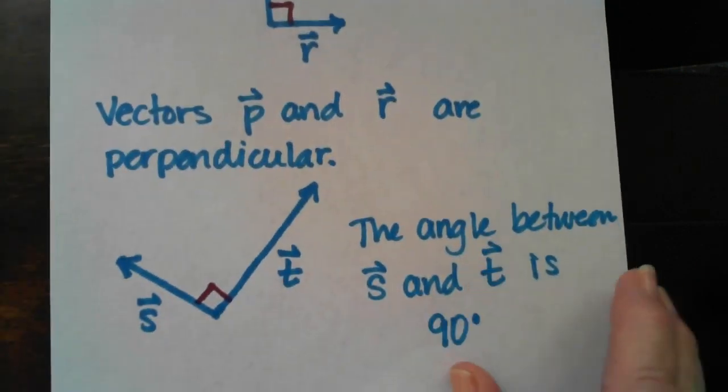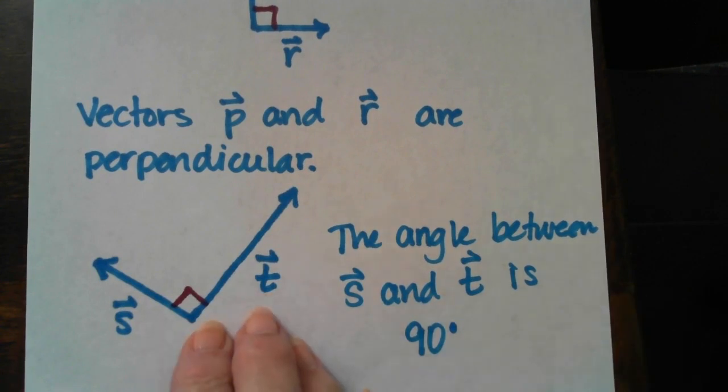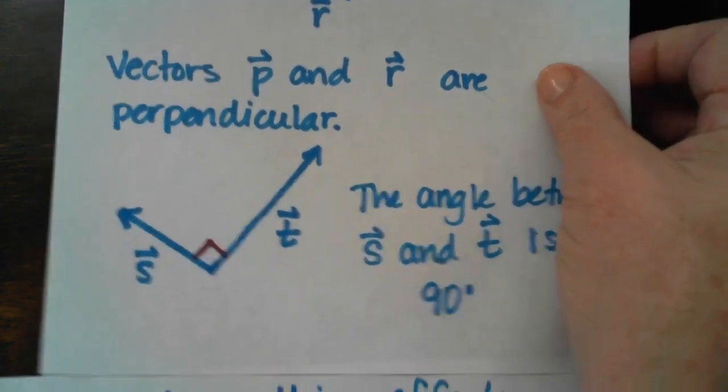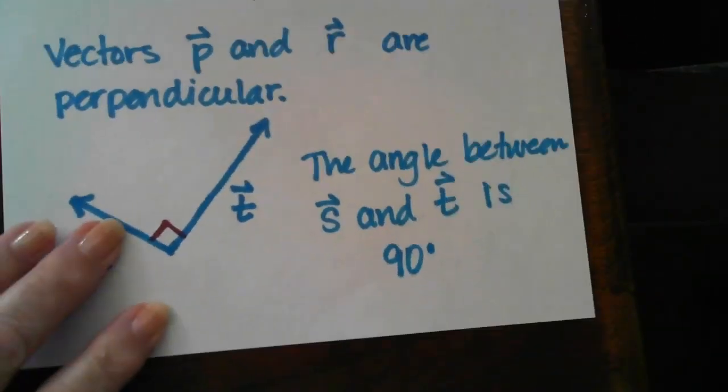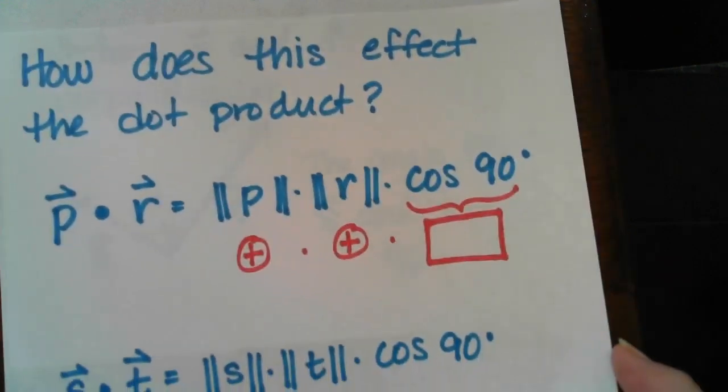I have s and t, and the angle between s and t is 90 degrees, which also means perpendicular. We can say 90 degrees, we can say perpendicular, we can say just right, they're right angles. But in vectors, we typically just say they are orthogonal vectors. Well, the question becomes, how does having an angle that's 90 degrees affect the dot